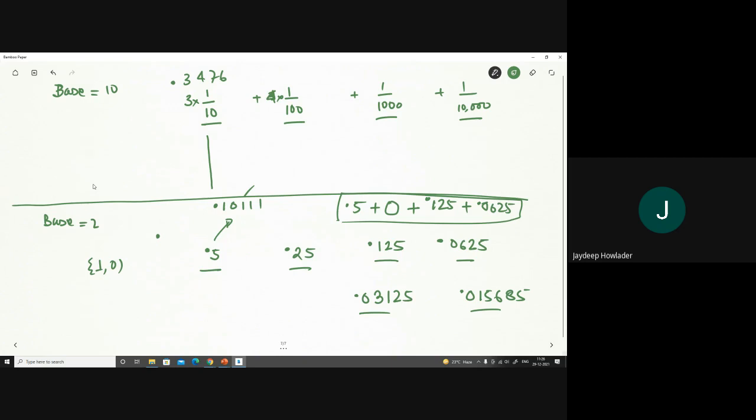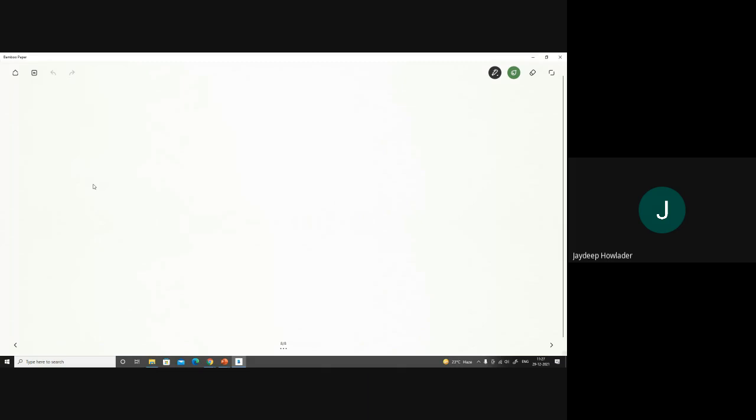So it is very easy to understand. We are very much familiar with the decimal positional values. The decimal positional values are only divided by 10. Every move is basically divided by 10. But in binary, every move towards the right is basically divided by 2. Okay, understand? So now we understand how I am representing a value in base 10, and how I am representing a floating point value in base 2.